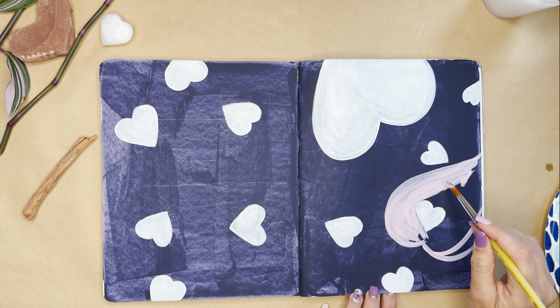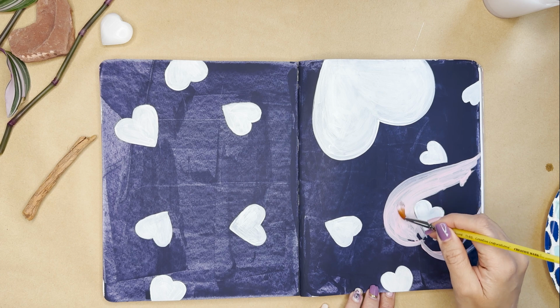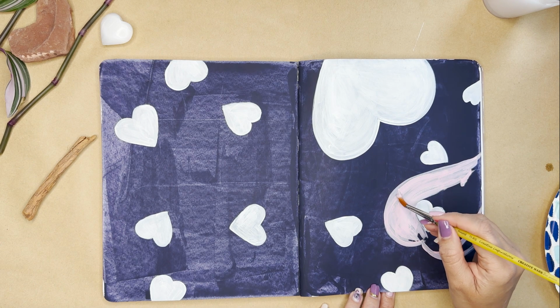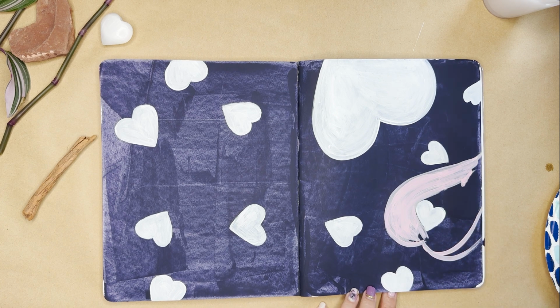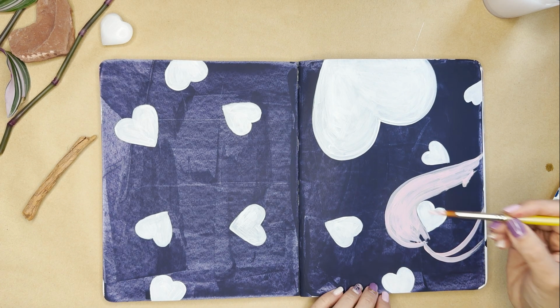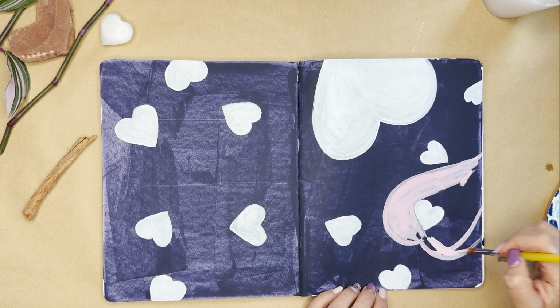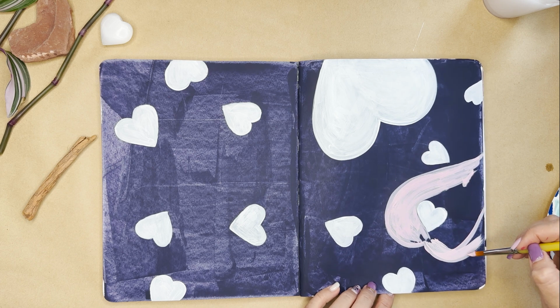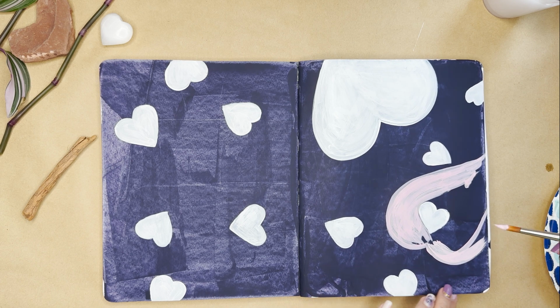I have to tell you that these designs are not planned ahead of time. I pretty much come up with them in the moment. So you're also witnessing my creative process. I guess if I had planned this, I would have opted for painting the pink hearts first and then added the white hearts. If you think of painting like a series of layers with the background being the last layer,